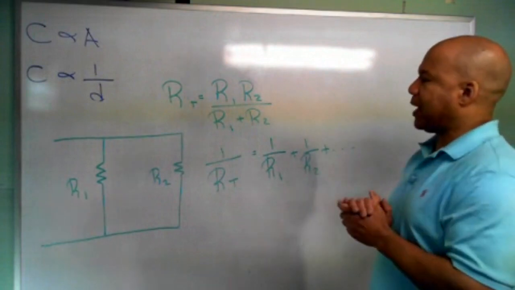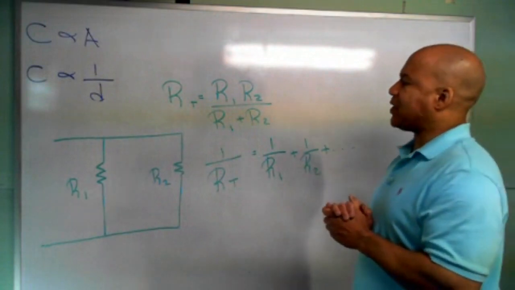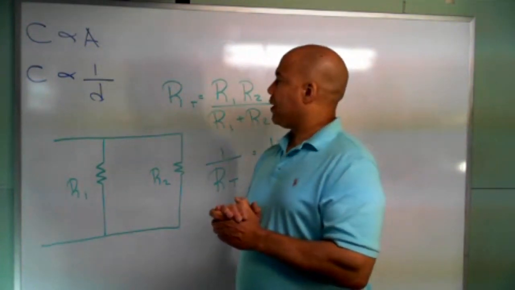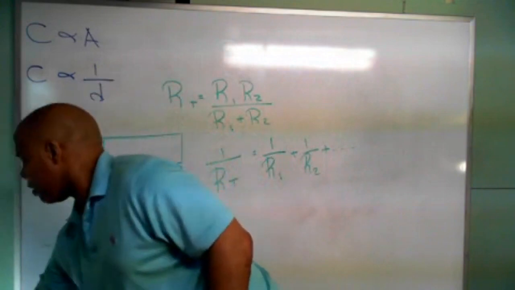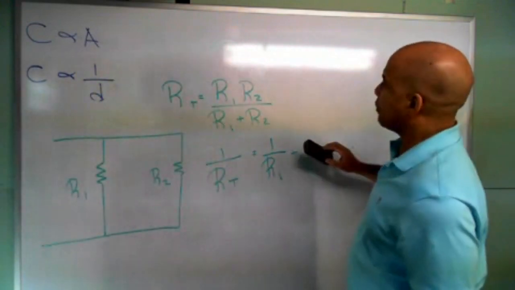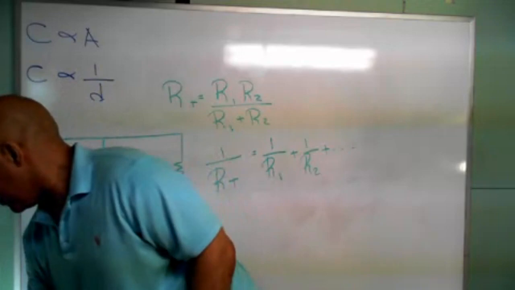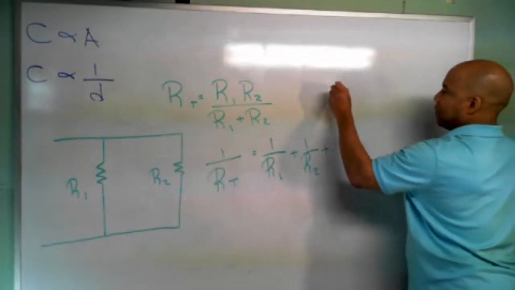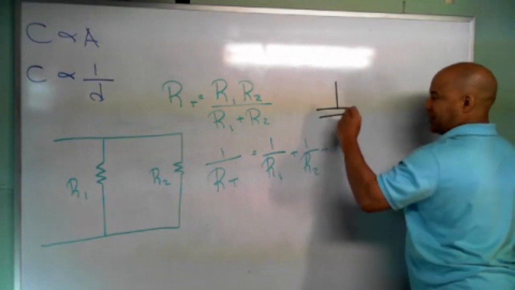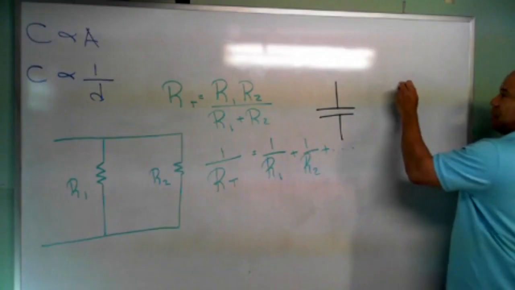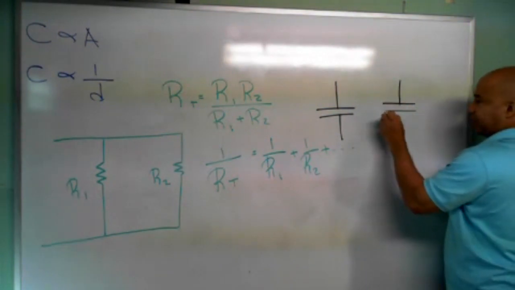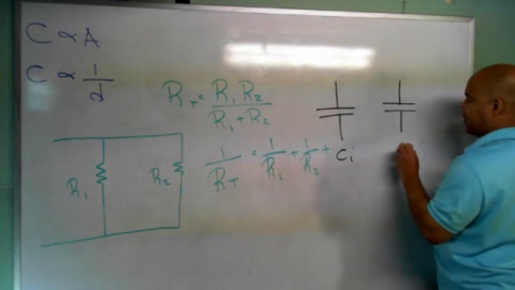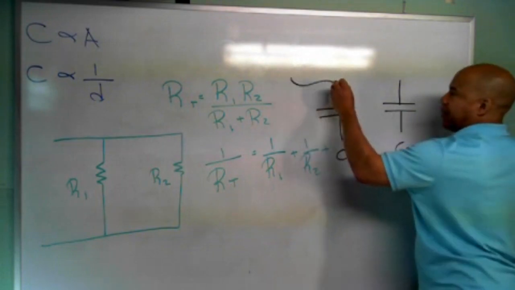So let me explain what I meant when I said capacitors in parallel act like resistors in series. If I have two capacitors in parallel, say I have capacitors like this, C1 and C2, and I hook these up in parallel,